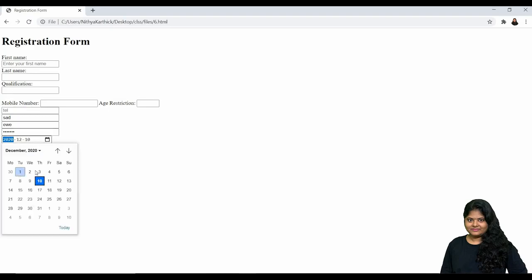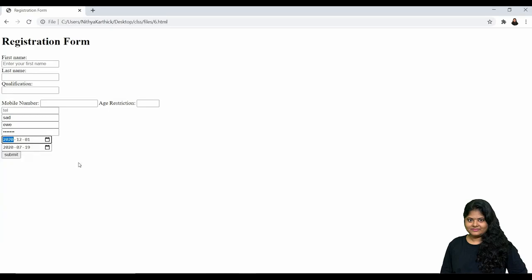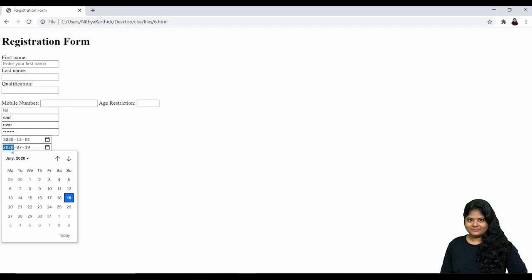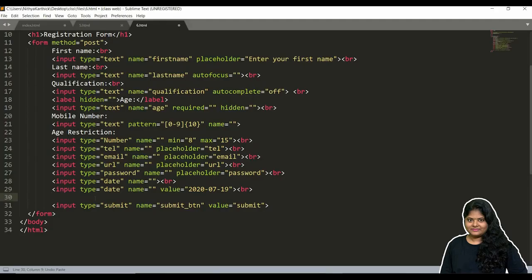Initially it will come with some default date format, but here I have given a value, so I want to start with this value only. So this value is applied here. This is a date.